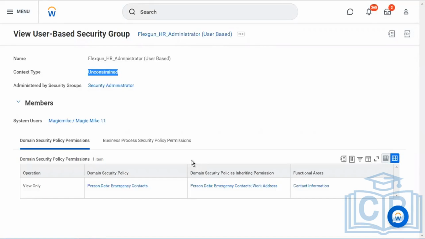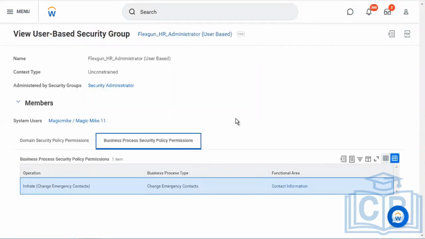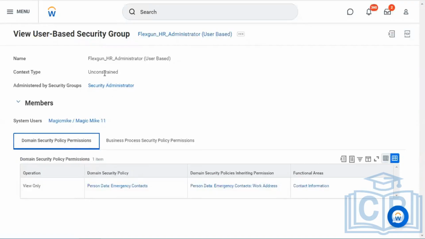In that case, your role comes in and you troubleshoot the business process, or you correct the business process, or you move the business process ahead. If someone is not able to initiate the process, you look into the security. You won't be initiating or viewing emergency contact for anyone. That could be just for your testing purpose; in the real world, if you are a member of an unconstrained group.